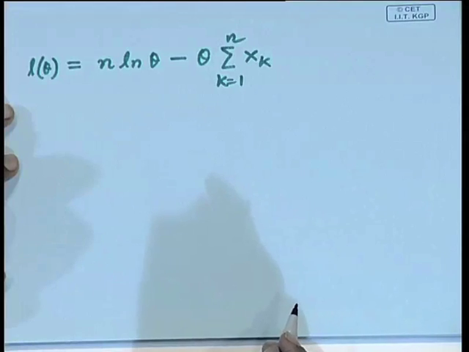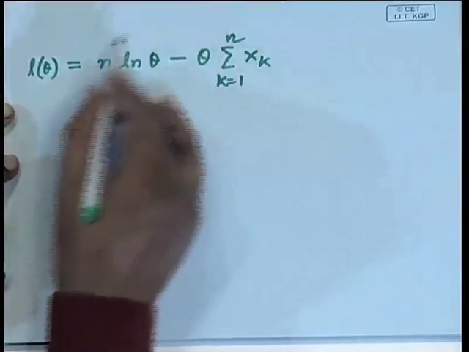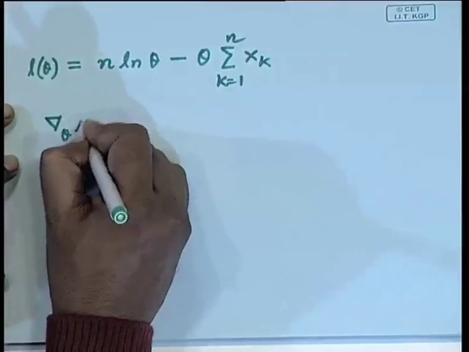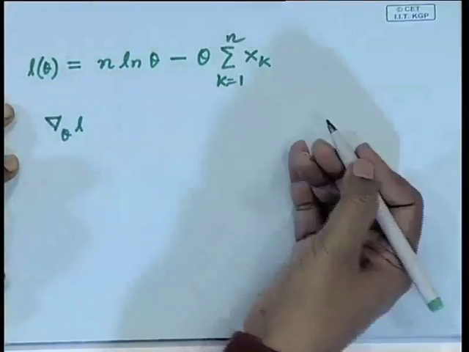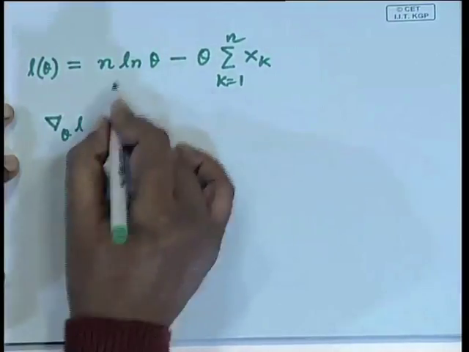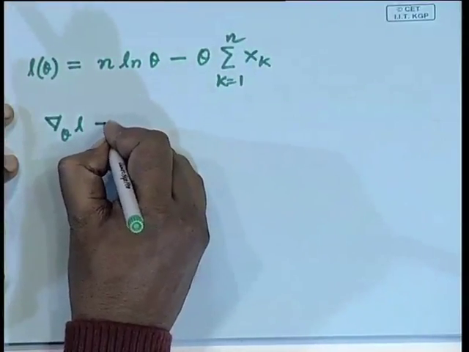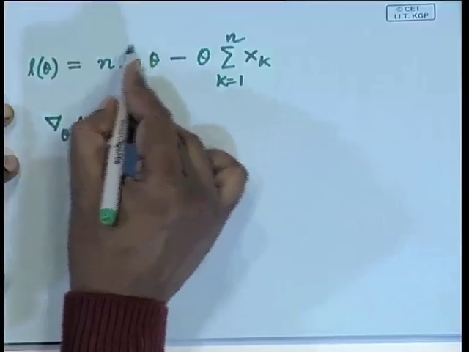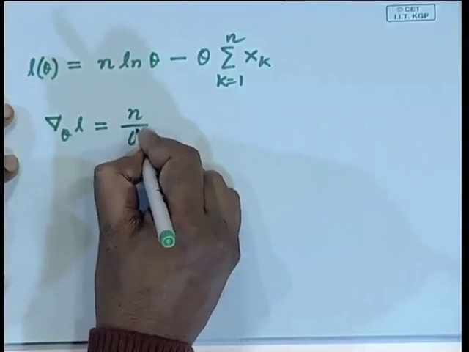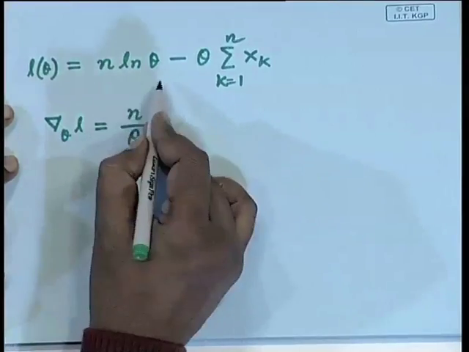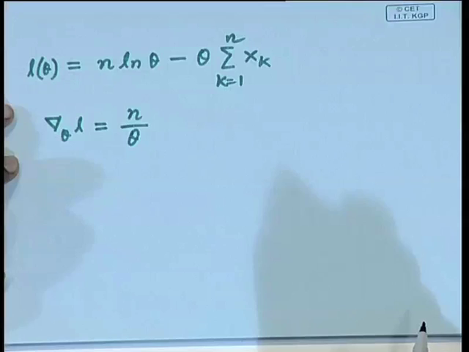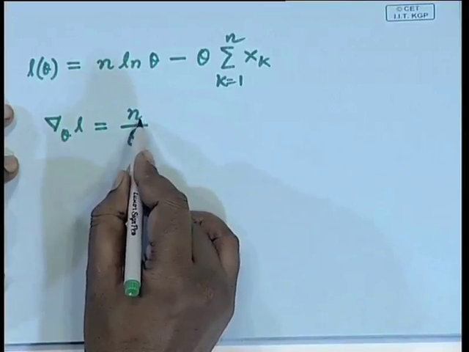Next, I have to take the gradient of this. So, I have to find the gradient of L and equate that to 0. If I take the gradient of L, what do I get? The gradient of this term with respect to theta is nothing but n by theta, because it is log of theta. If I differentiate this with respect to theta, I get 1 upon theta. So, this is simply n by theta